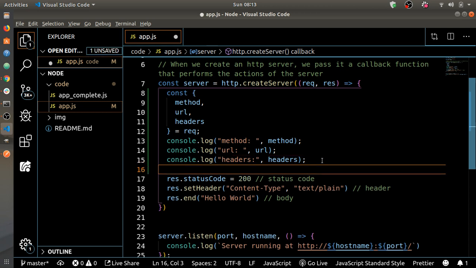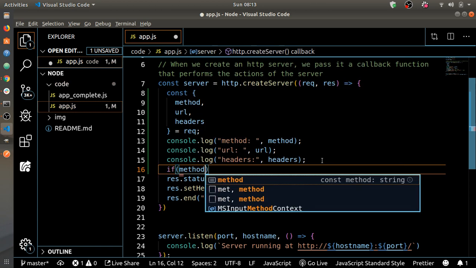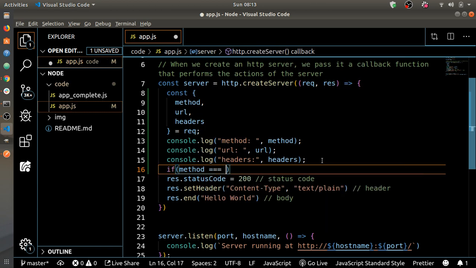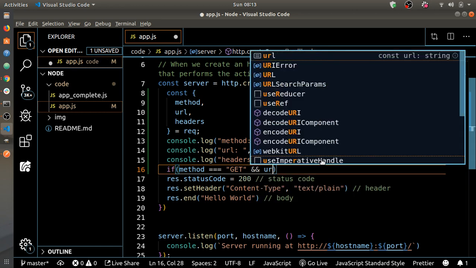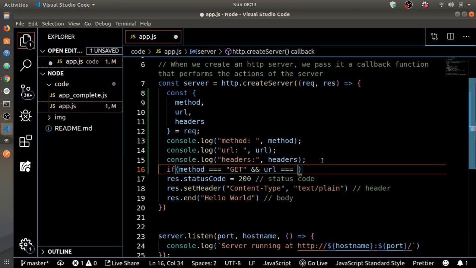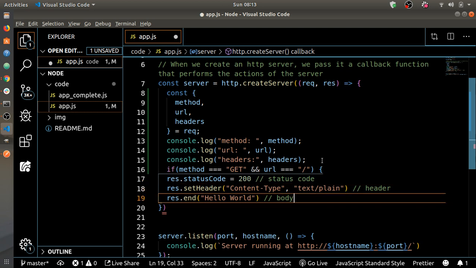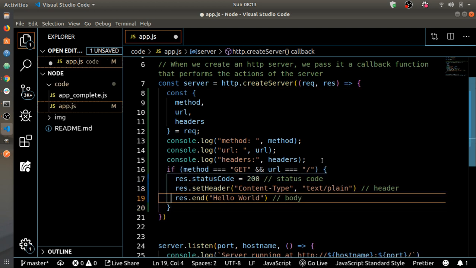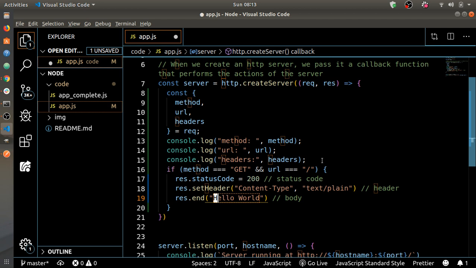What we're going to do is say if method is get and the URL is the root route, then what we want to do is send back the message